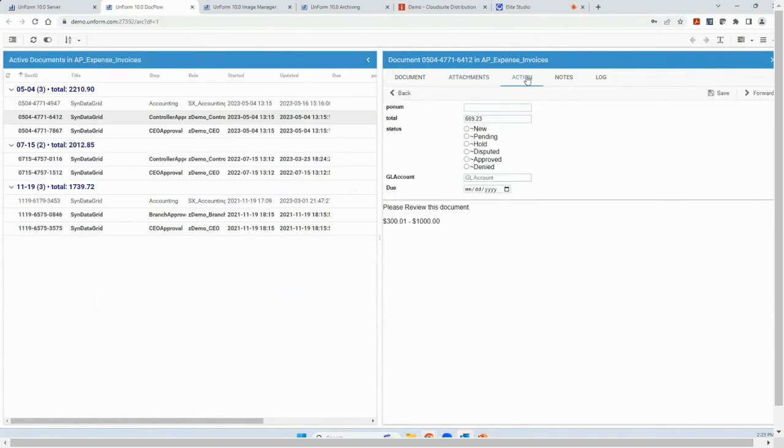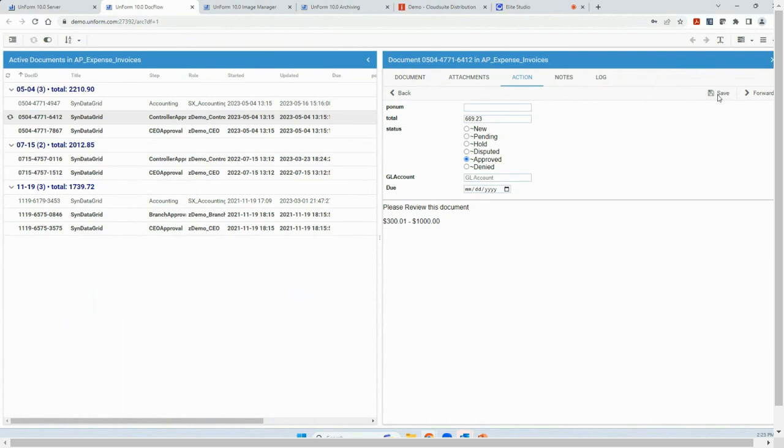The Actions tab is where you determine what's next with this particular document. Again, this is completely configurable based on whatever your process is. Within here, you can approve it, deny it, whatever you need to do. If you want to indicate a GL account that you want it coded to, you can put that there as well if needed.